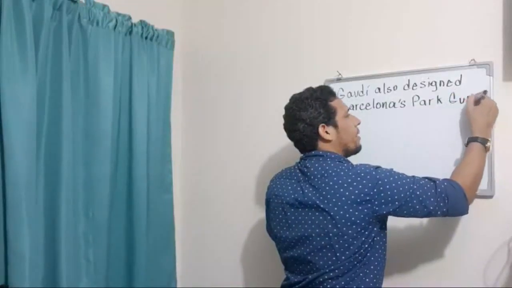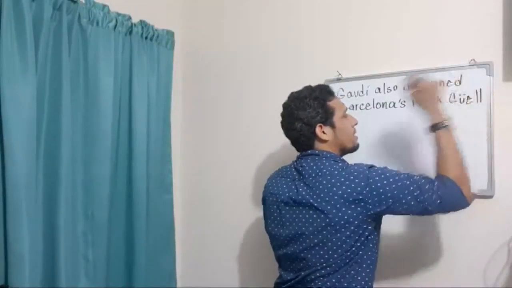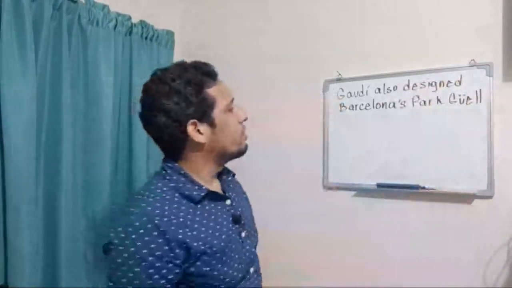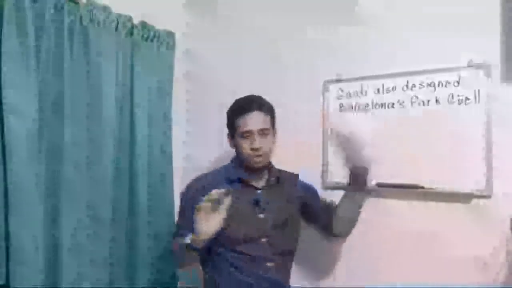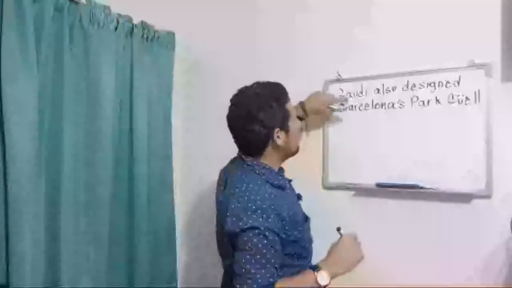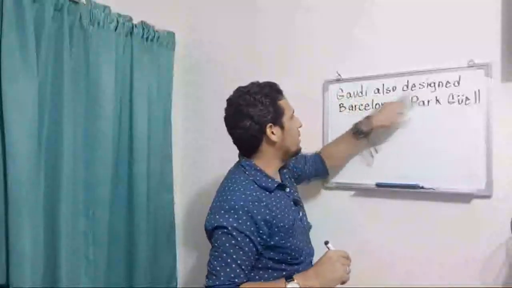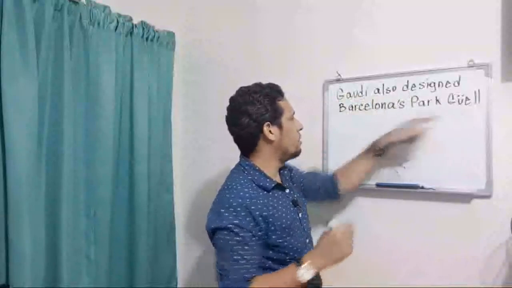I don't know how to read that in English because it has like the apostrophe U. So Güell, something like that. And then it has a period, right? But I'm going to make the connection right away, right? So Gaudi also designed Barcelona's Park Güell,